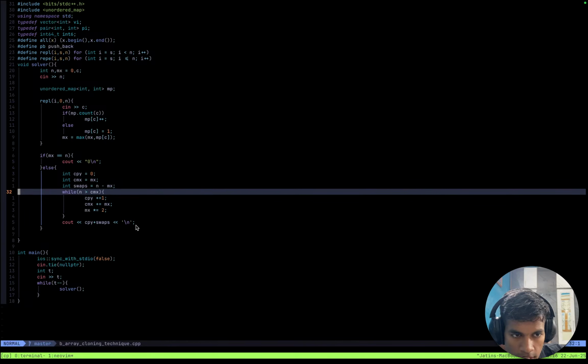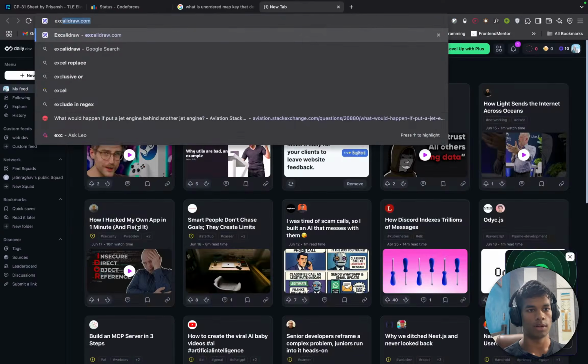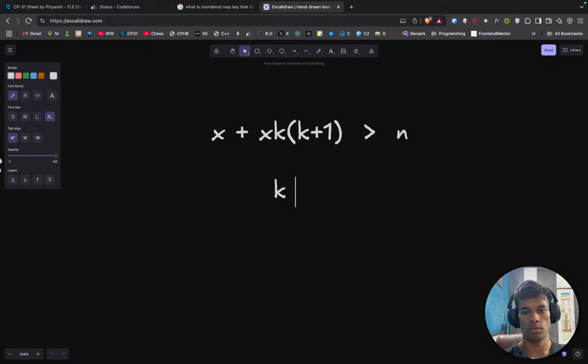Count C out 0 if mx equals 0, if mx equals n, else make a copy. How many times I have to copy this, swap. Okay, let's solve this formula. This one. I need to get the value of k here. So k becomes equal to, or like k is